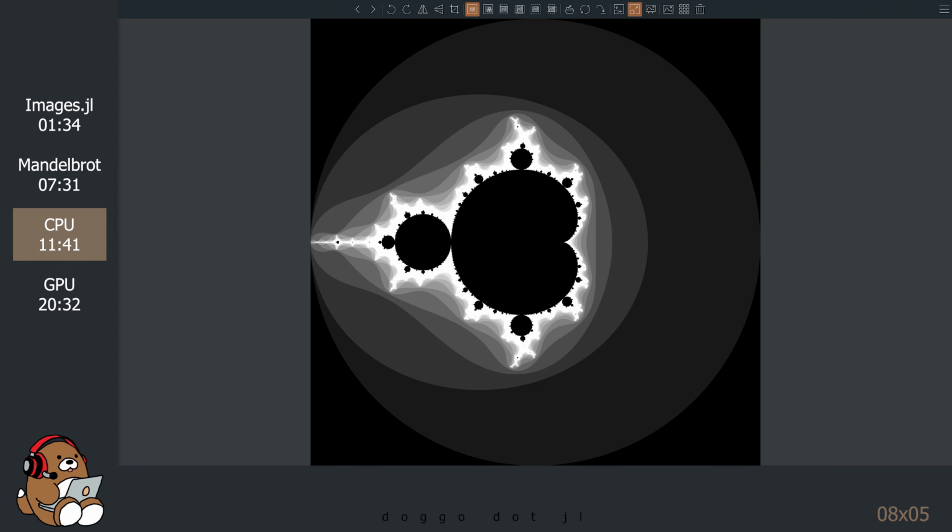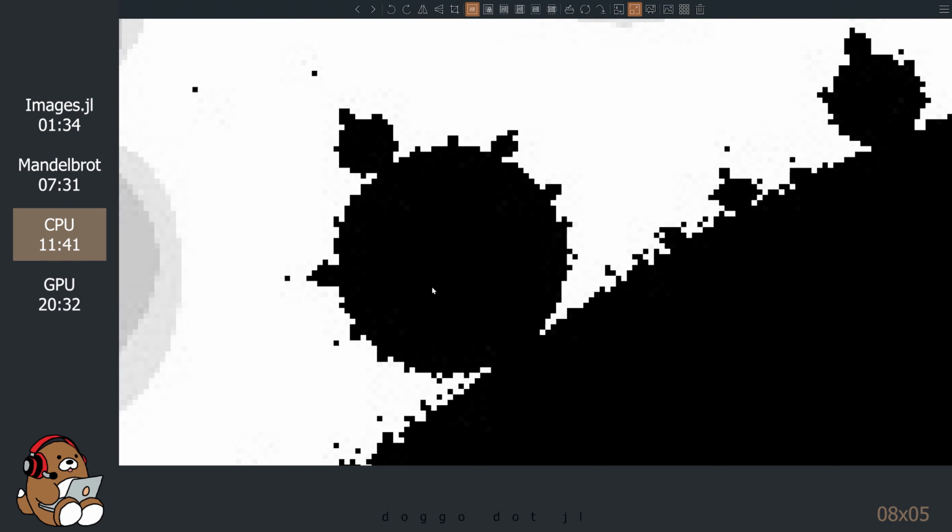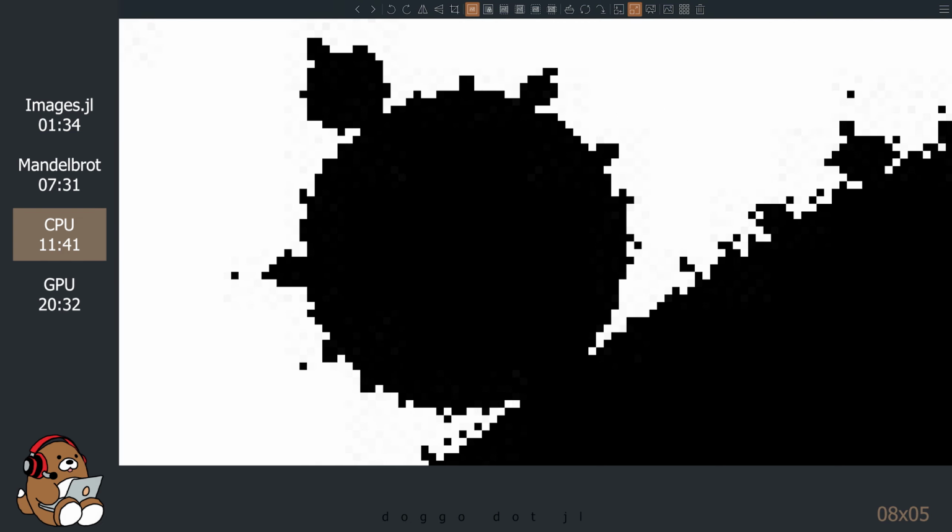Even though this image was created for a 4K monitor, it's still a raster image. This means that when you zoom in, at some point you'll start to see the individual square pixels. Each pixel is an element in our matrix. But one of the fascinating characteristics of the Mandelbrot set is that you should be able to zoom in infinitely. Unfortunately, you can't do that with this image. But we'll learn how to do that in the next section.